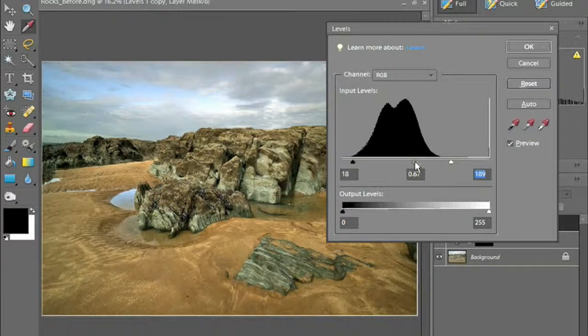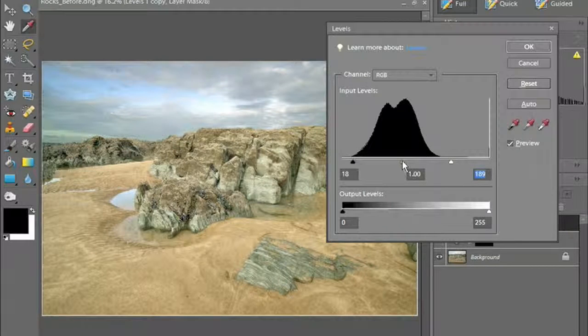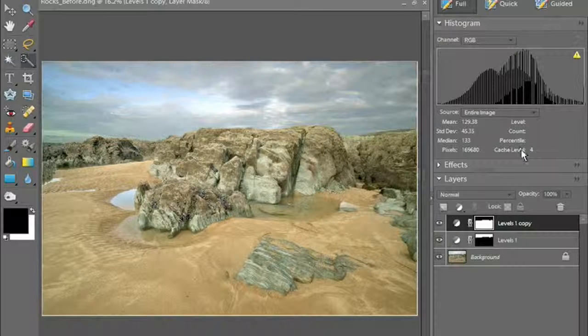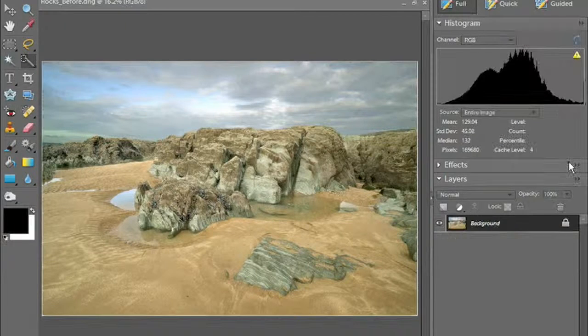And I'm going to reset my midtone to 1. Once I'm happy with that, and we can really see the lightness in those rocks coming out now, just click OK to apply that. And by doing that, I've minimised the effect of that sharp, jagged line across the horizon. Now that I've got quite a nice even toned image, I want to flatten those 3 layers down. So if I go into my layer options, select flatten image, and that flattens them down into just the background